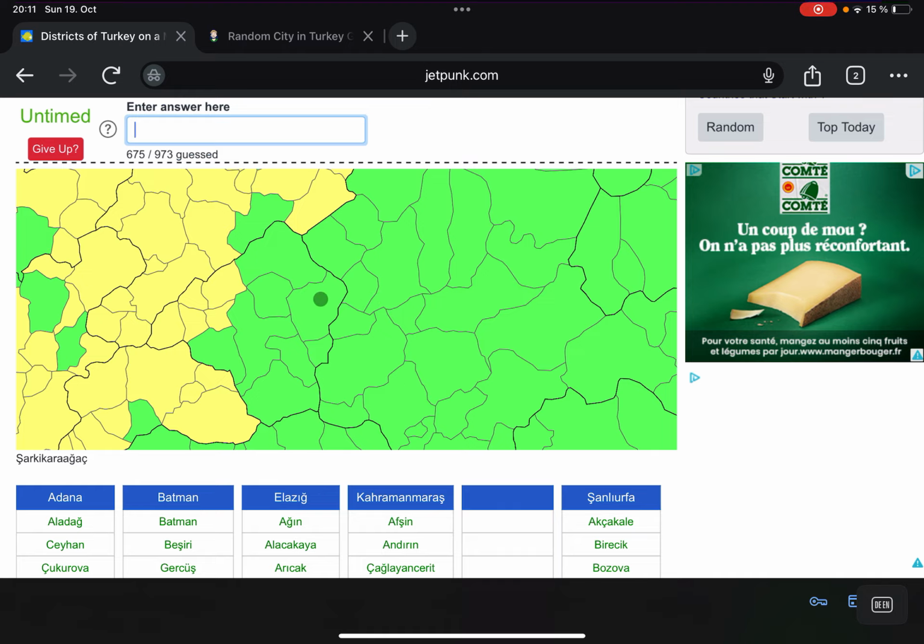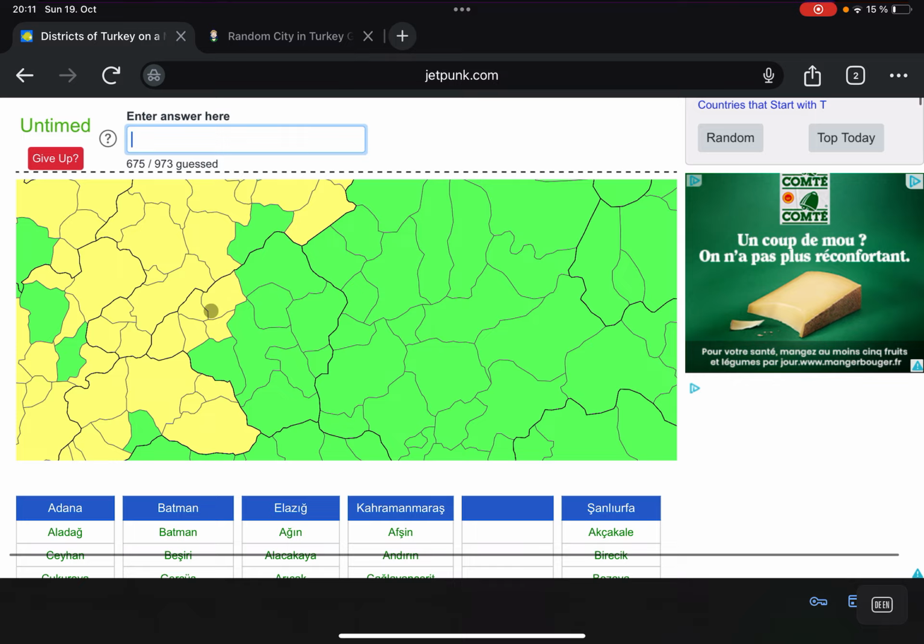I think it means song dark tree or something. So şarkı means song, kara means black or dark, and ağaç is the tree. So I don't know who invented this district name, but they probably had a few drinks too much,